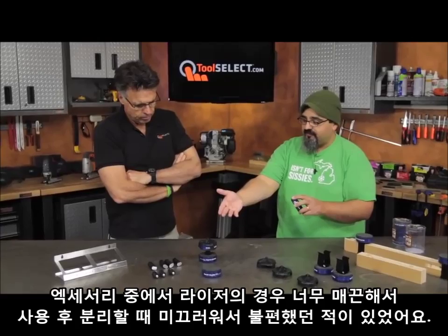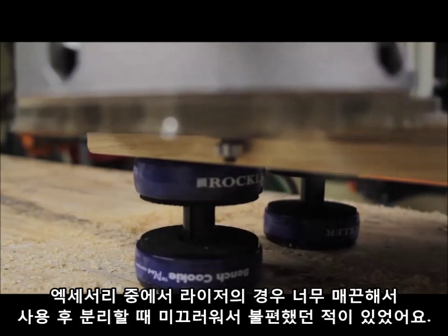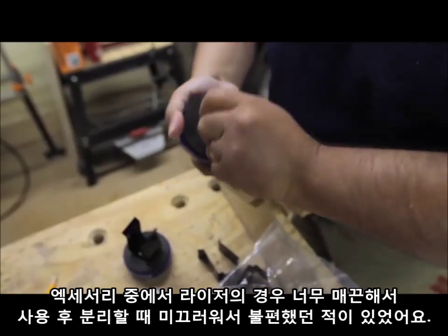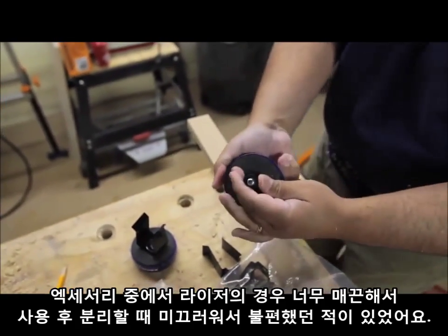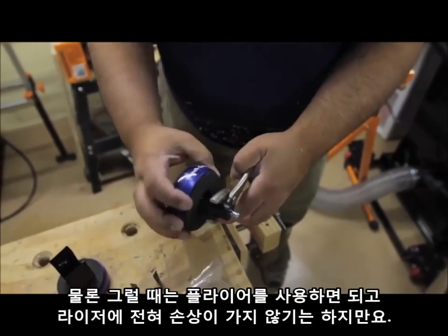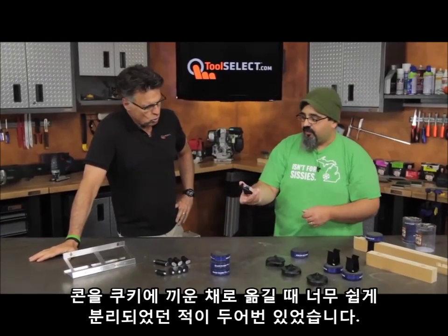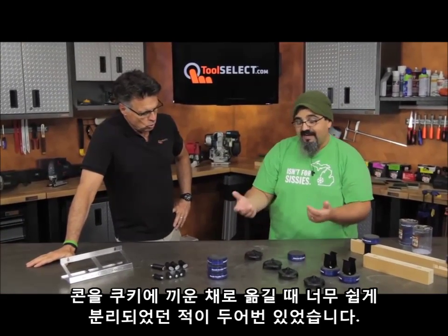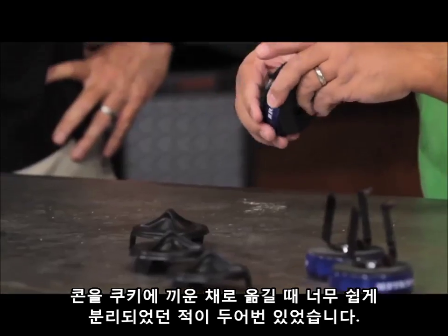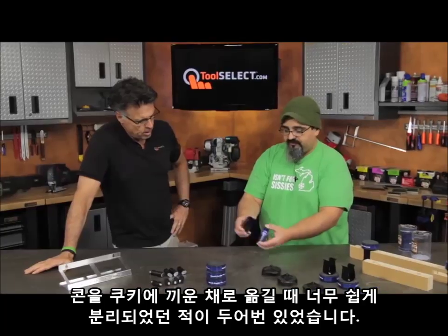When it comes to the accessories, these little riser ones, the only thing I didn't like is the surface is really smooth. When they're really snug after you've been using them, it's hard to get these to loosen up. So you end up grabbing a pair of pliers, but they come right off, no damage or anything. That's the only thing I didn't like. These cones, a couple of times when I was moving them from one spot to the other, they came off a little bit too easily. This one's staying kind of snug, but...